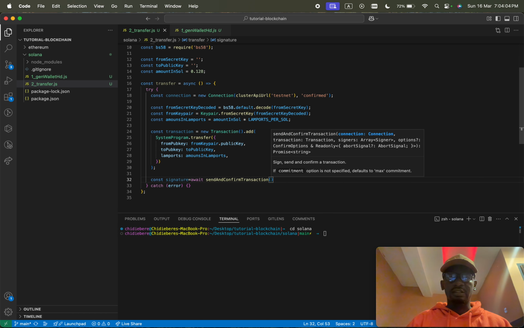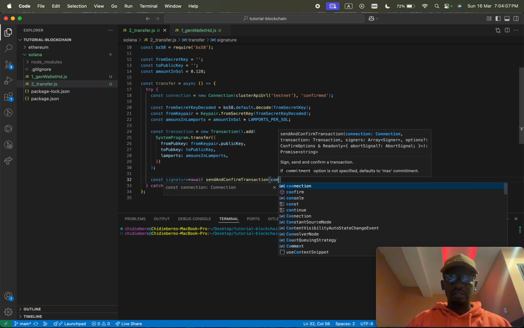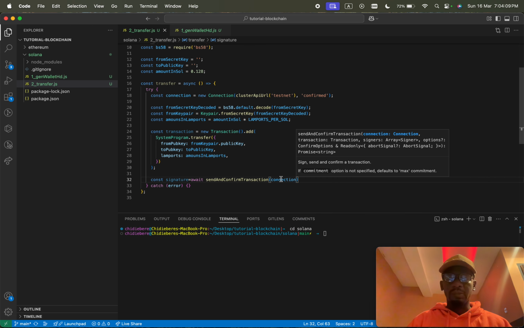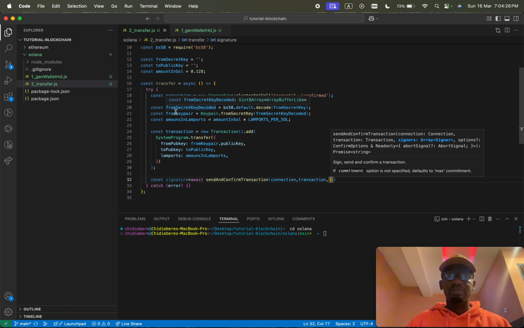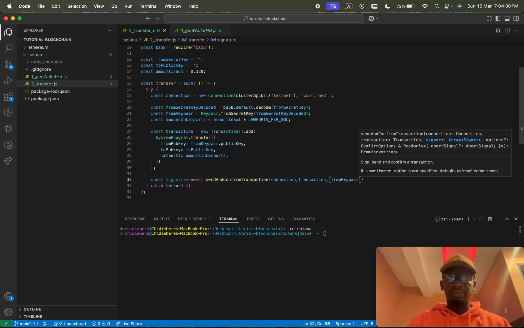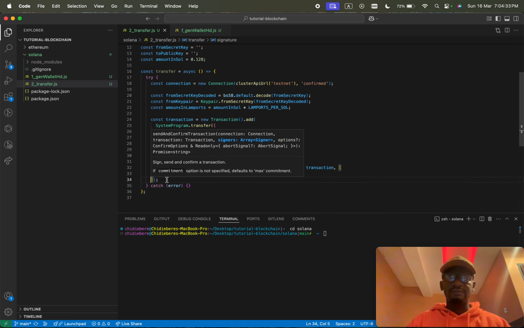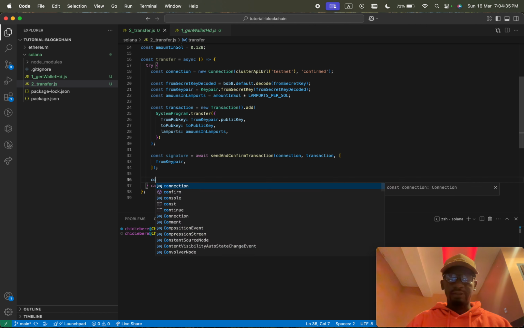This send and confirm transaction takes in our connection. Remember this connection that we created. The second argument will be transaction, this transaction that we have created here, and the third argument would be from key pair, this combination of our private key and public key. Once we have this setup, we can